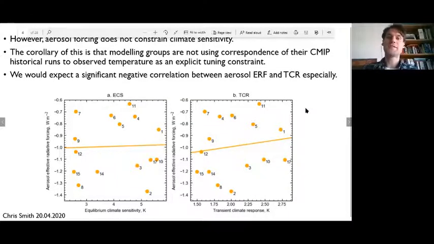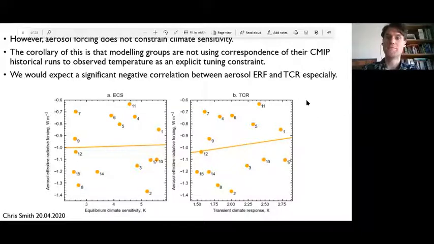So this is interesting because it's showing that the modelling groups aren't using the historical temperature as a constraint to tune their models. If they were, we would expect a significant negative correlation, particularly with TCR. There's lots of literature that's shown that you need a strong aerosol forcing to balance a high TCR and vice versa. And there's also more evidence in this one if you actually look at, I've not shown it here,